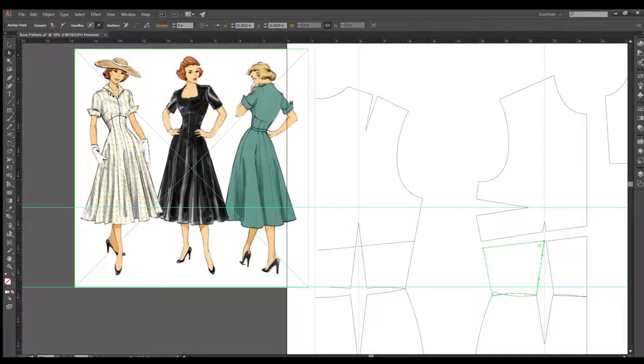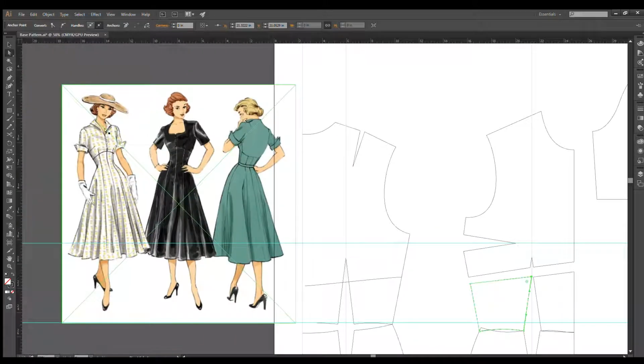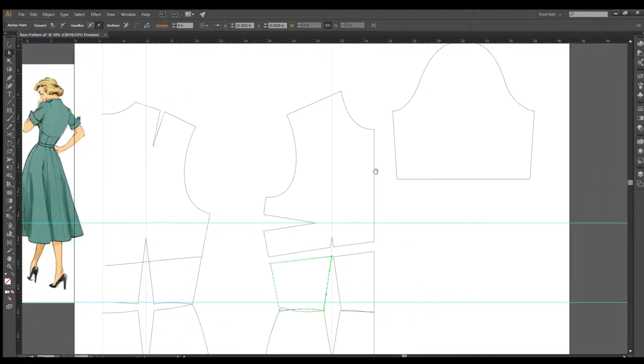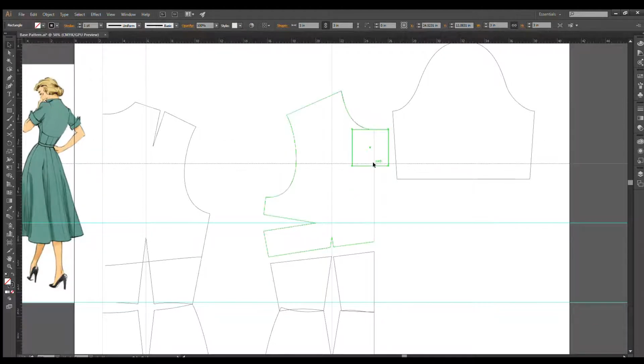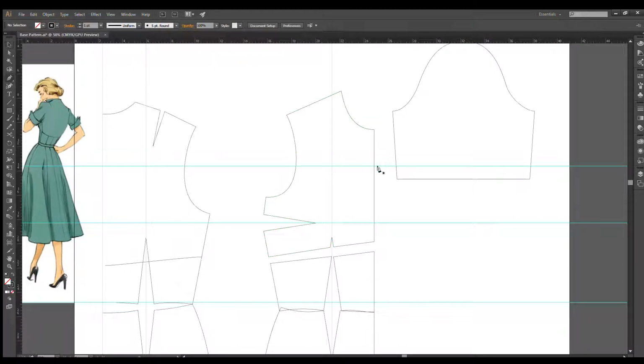All right, so now she's got a fun collar, and I like a shawl collar, so I think I'm going to do that. So we're going to do 3 inches down from the neckline is my collar break point. Put a guide there, move the box. I'm going to add an anchor point there, and then up here,